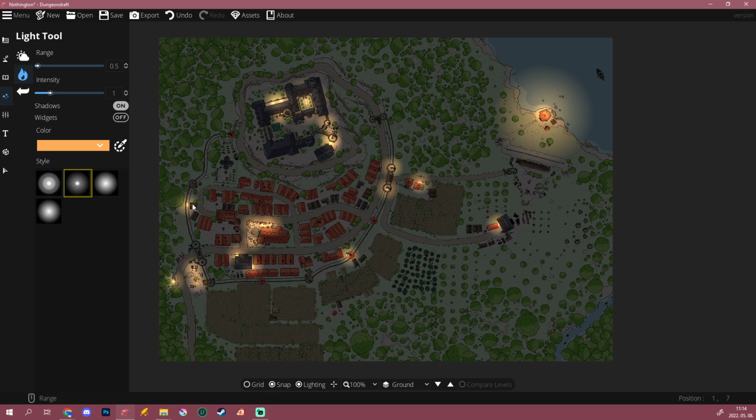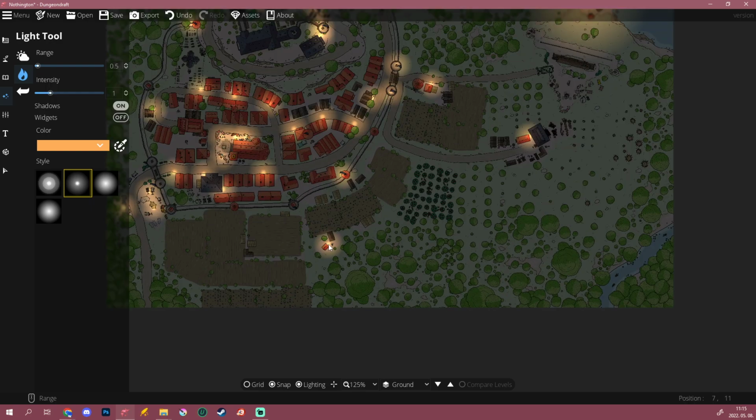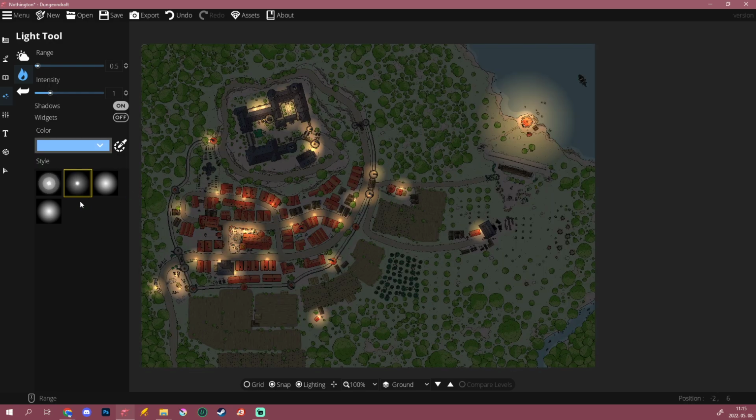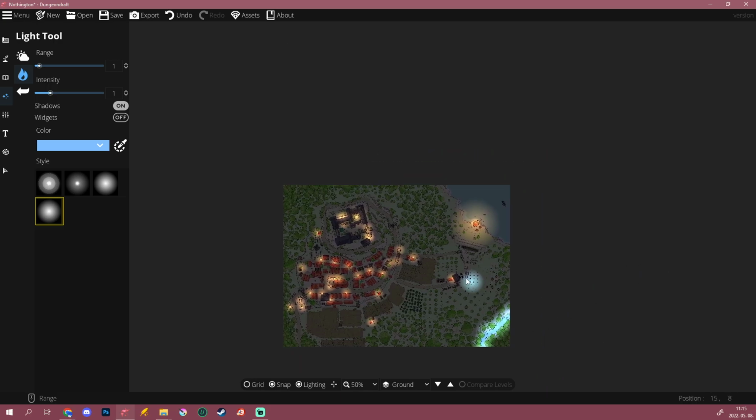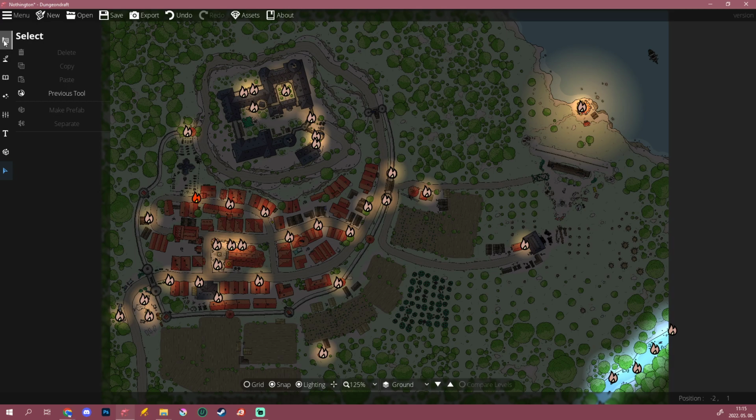So, there you are. Just an idea. Let's say we light the main road. There you go. That's a pretty neat little nighttime map, eh? So, yeah, let's say we make the river magical as well. Because why not? There you go. So you see the lighting effects work pretty well, and they produce some very beautiful coloring on